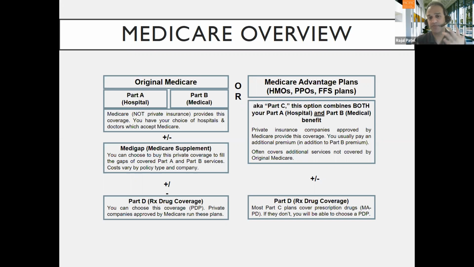Some of them cover transportation benefits, where they'll literally pick you up from home and take you to a doctor visit or take you to the pharmacy to get your meds. So that's really the balance that you have to weigh when selecting what plan is best for you. Do I like flexibility? And is that primarily the most important factor for me? Or am I willing to sacrifice flexibility to get some of these additional benefits?